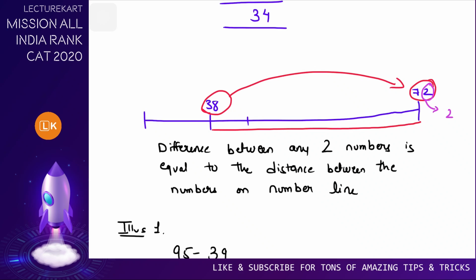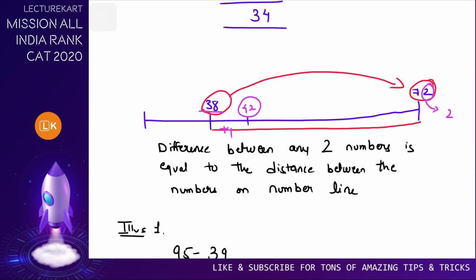Here, the units place is 2. So, the number that we are trying to subtract, which is 38, add something to it which gets closest to the number which has units place as 2. So, in this case, what we can add is 4. If I add 4, I reach 42.